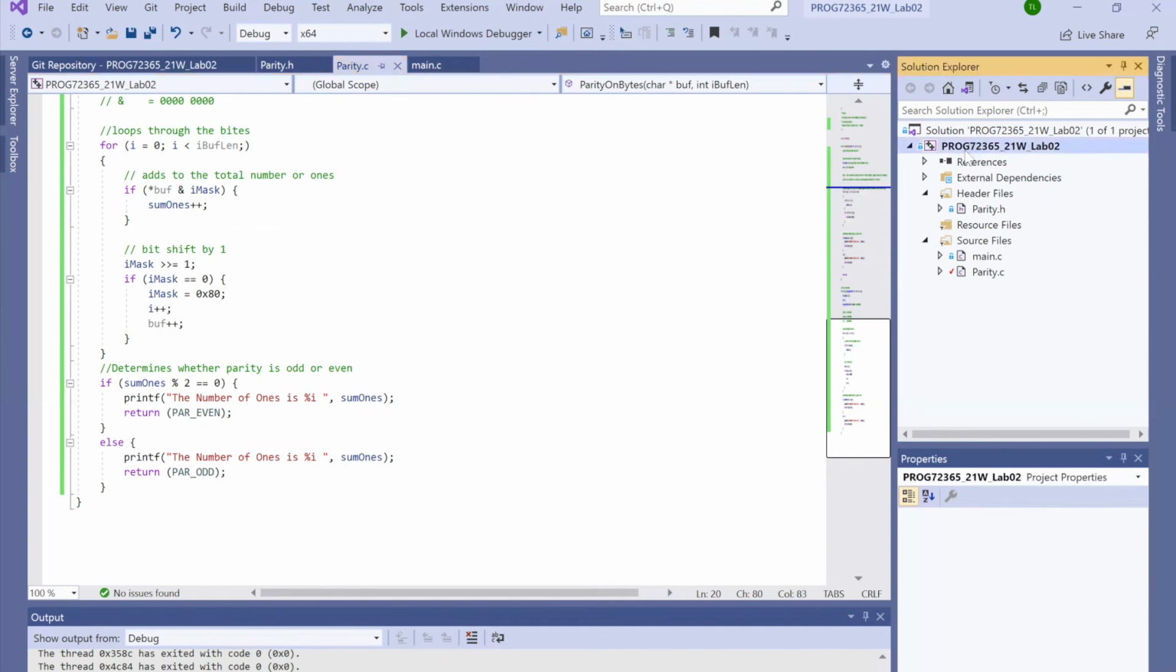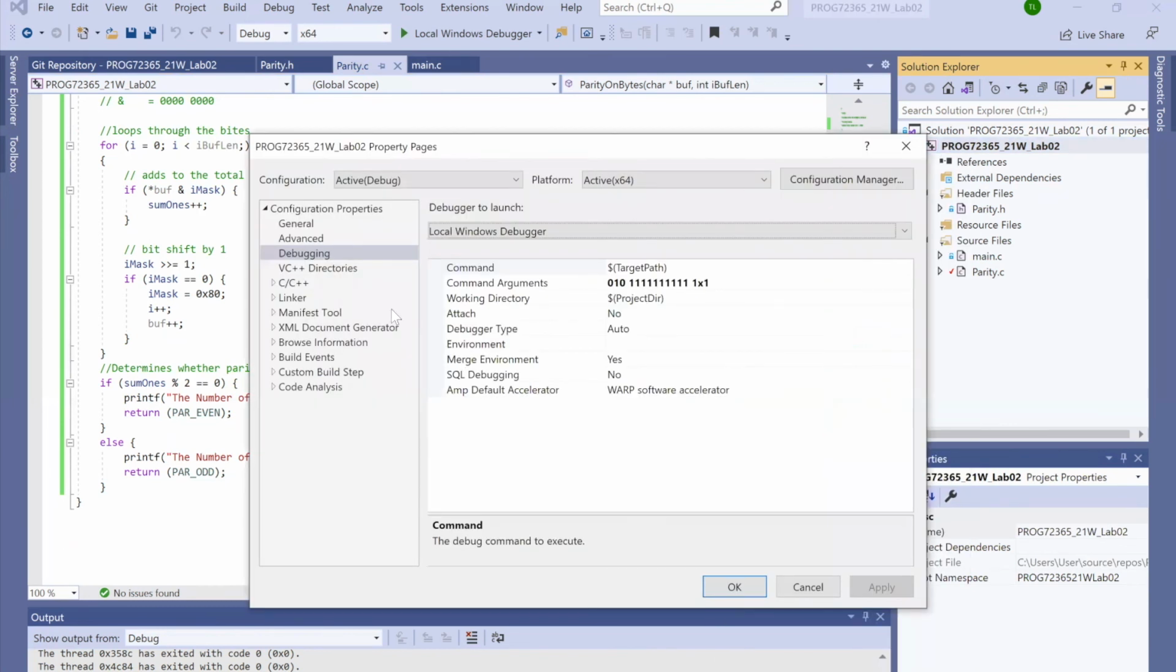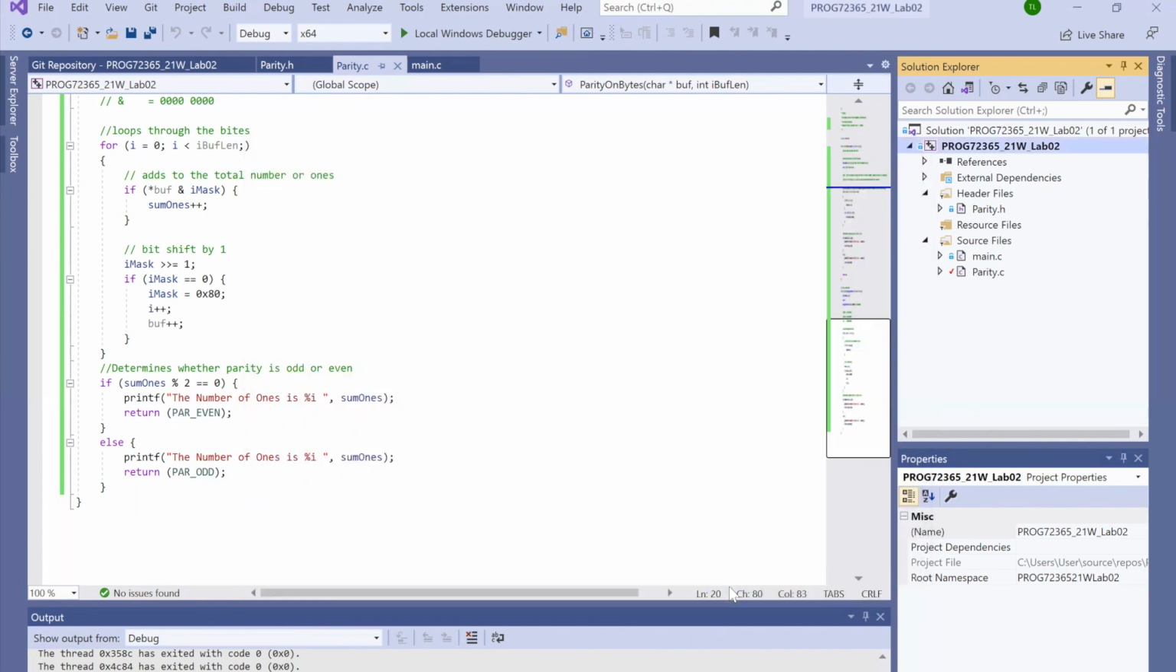So we can right-click and go to Properties and look at debugging and then our command arguments. The first command argument is 010. That should give us an odd parity, and then the next one should give us an even parity, and then the next one should output that there's an error. So when we run it,